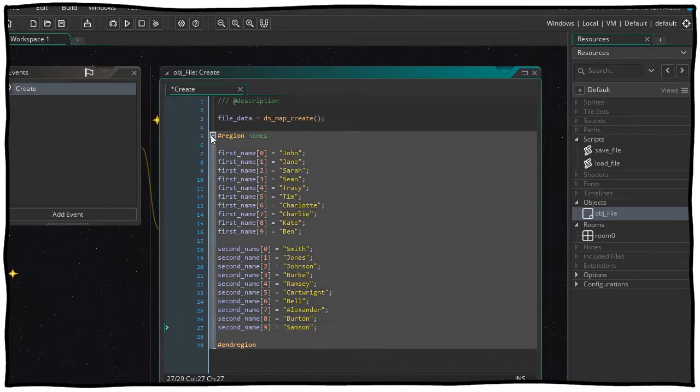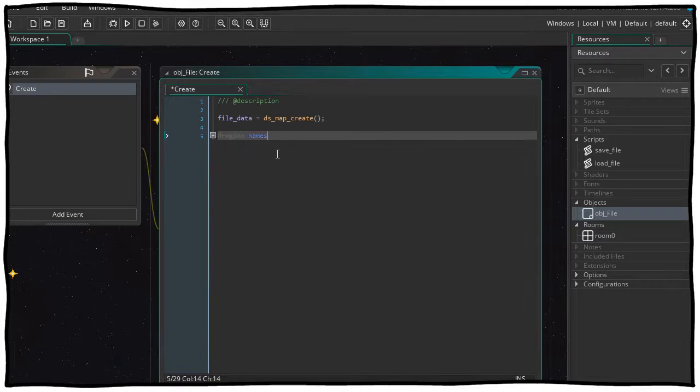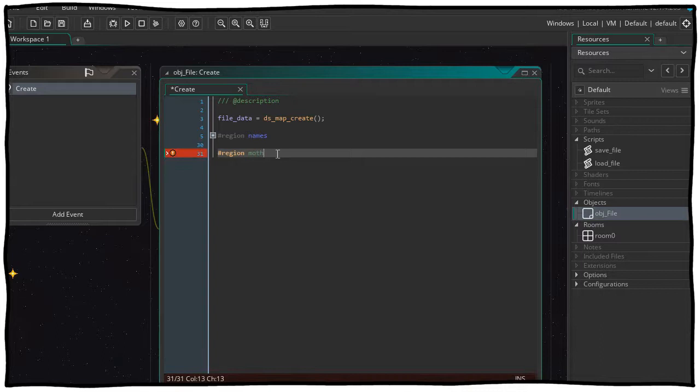And as many as you like. I'm going to close that region off. And I'm going to make a second region called Months, apparently. Let's try putting an M in there. There we go. Months. Hash end